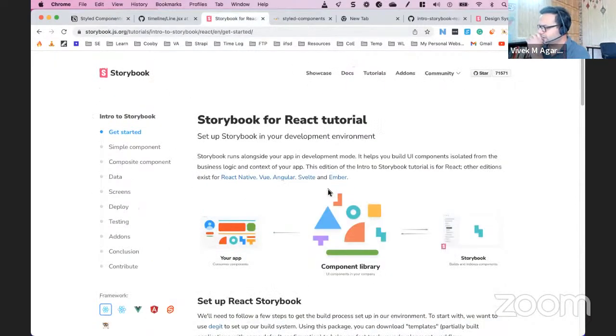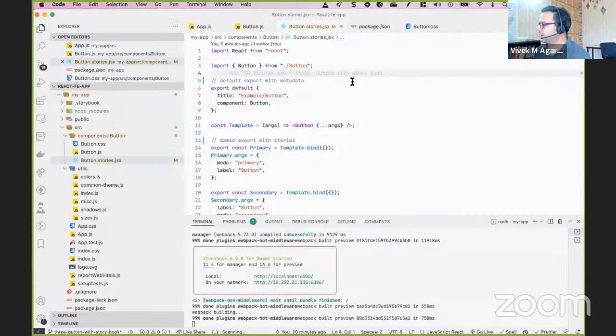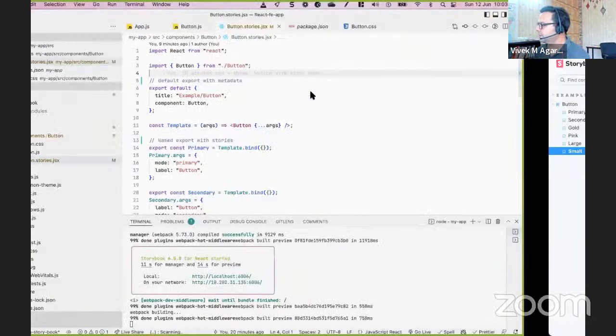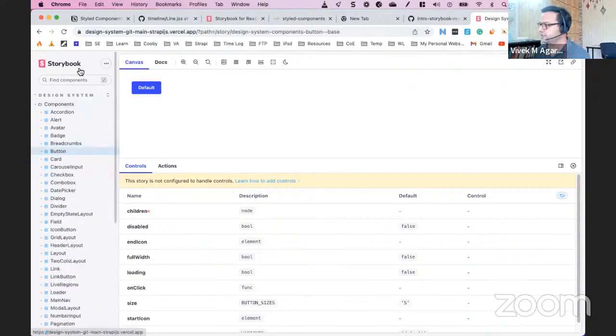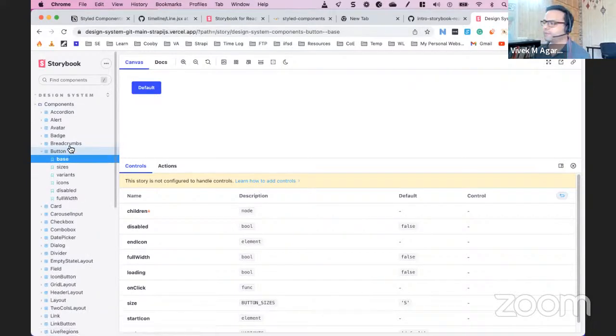So Storybook has a really nice website with documentation and everything. So let me open one of the storybooks. So for example, Strapi. In the last masterclass, we discussed Strapi. Now, a lot of open source development is happening around Strapi. Okay. And there are lots of standard components in their admin UI. So they have documented everything in Storybook, which is live, and someone who is developing for the first time,